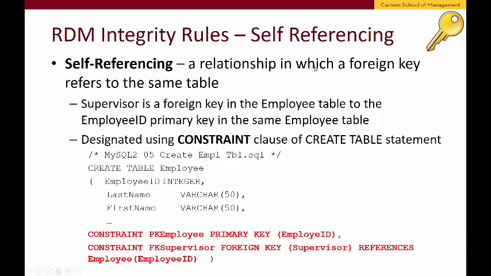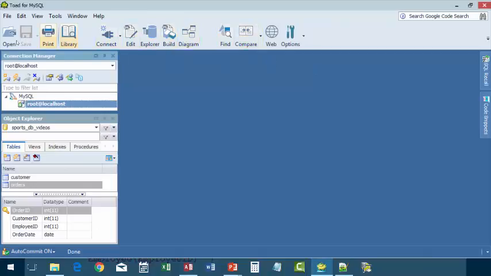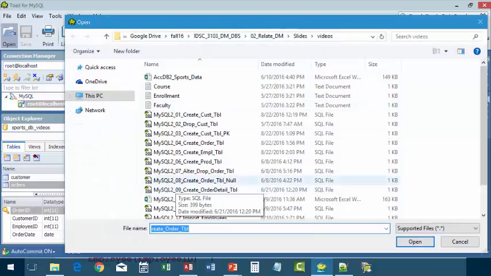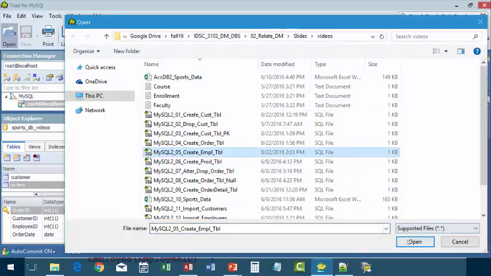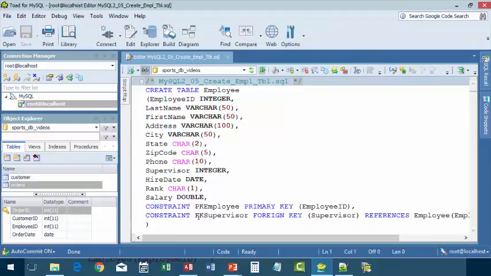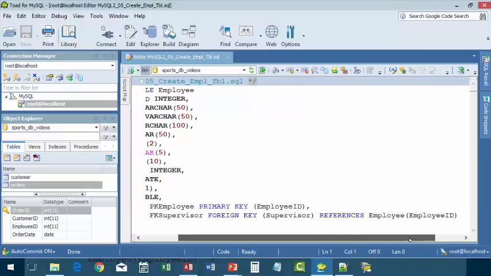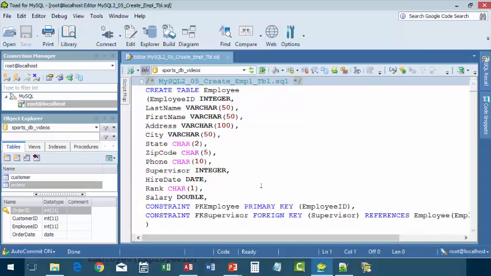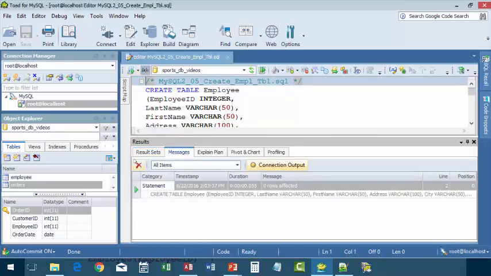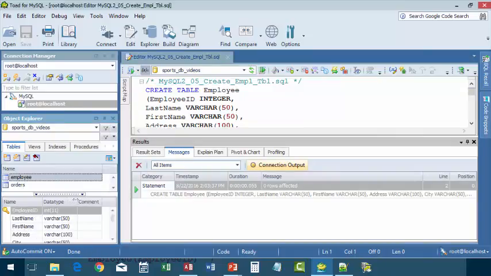Close the script, and then open it in Toad. Now, I had some trouble running this script on occasion. Specifically, the trouble arose on the foreign key supervisor, and in some other instances it ran just fine. So not being sure what is really the case, I'm going to review it and make sure everything is apparently okay, and then click the execute button, and it did indeed create the employee table right here with